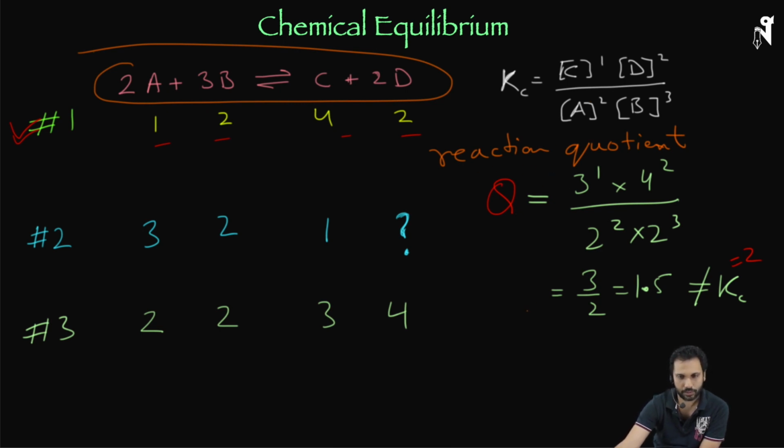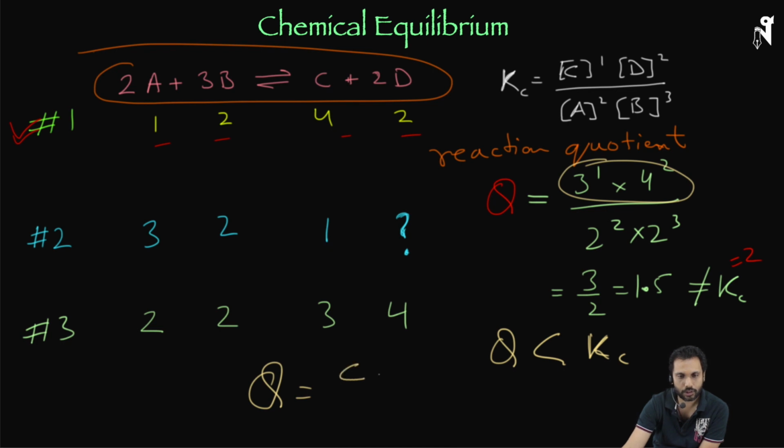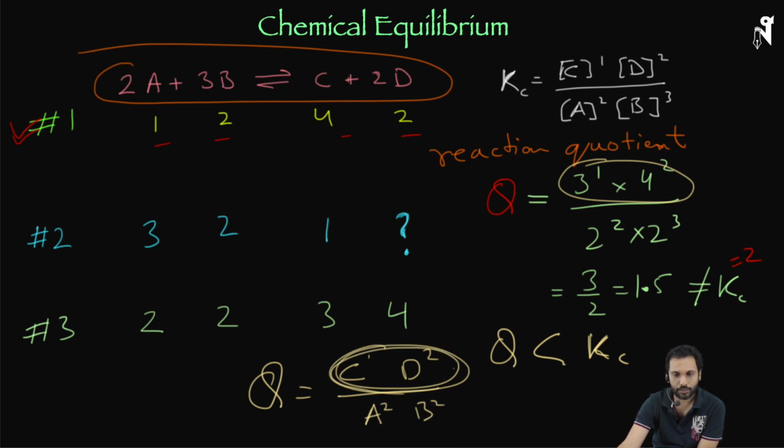That was the other part of the question. So you may again pause the video and reply if you have not already. You have to tell whether it is going to go forward or back. And the answer is, since the reaction quotient Q is coming less than the Kc value, it indicates that the Q formula has the products on the top and the reactants on the base. So if Q is less than K, that means the product is not enough. The denominator is higher, the numerator is lower. That means C is not enough.